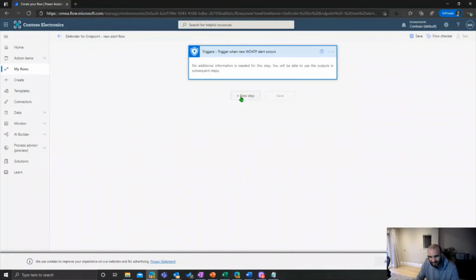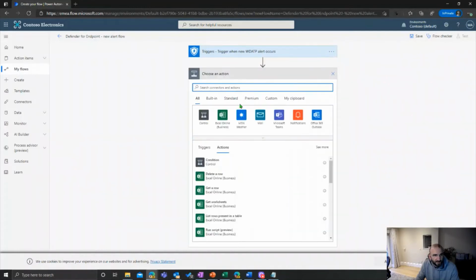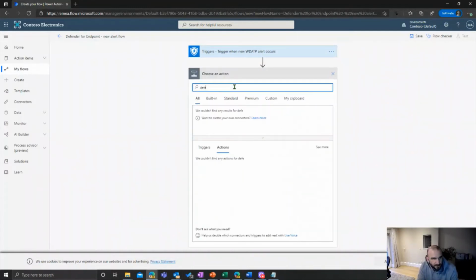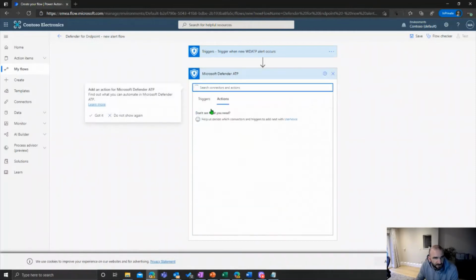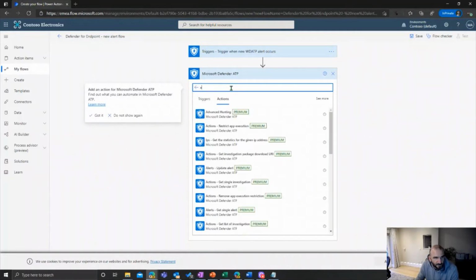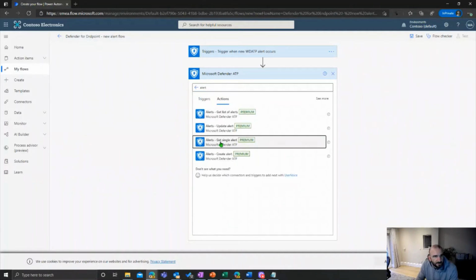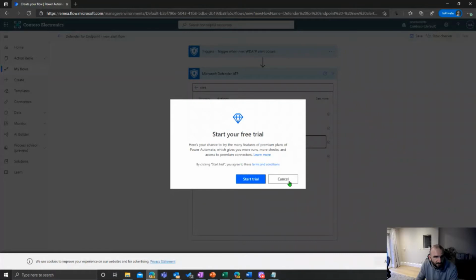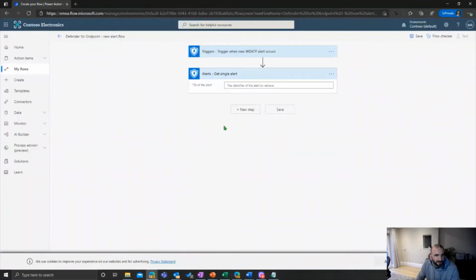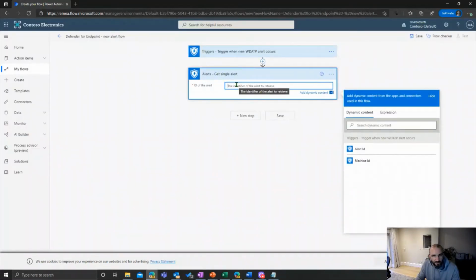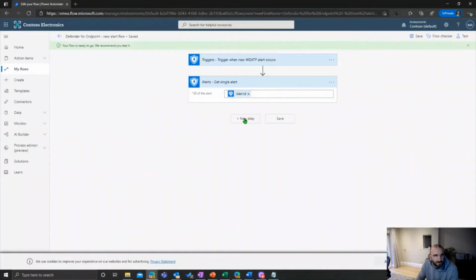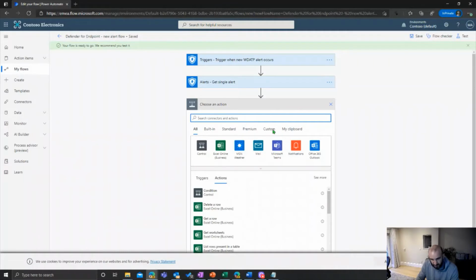But we need to first of all gather some information, so we need to gather the alert ID for later usage. So alert, so get single alert. And from here, it'll prompt us, because it's a premium connector, we can start a trial in this new tenant. So get single alert, and we want the alert ID, and save, and then we want to create a new step,